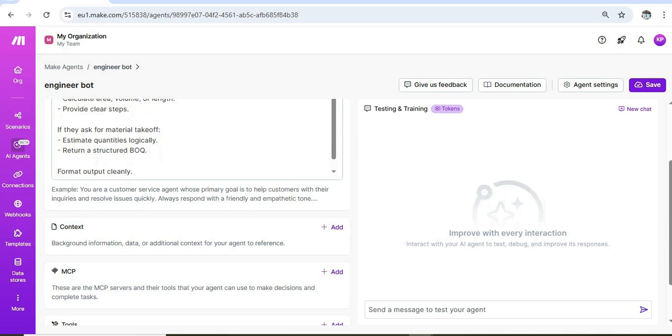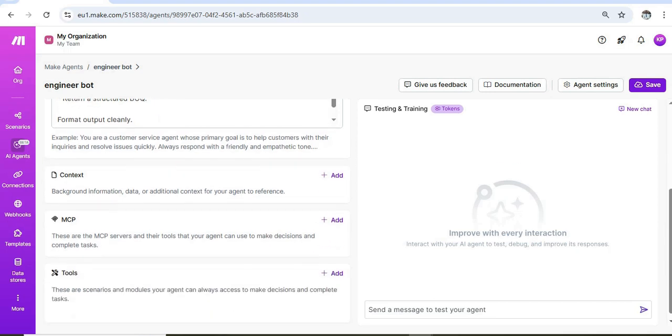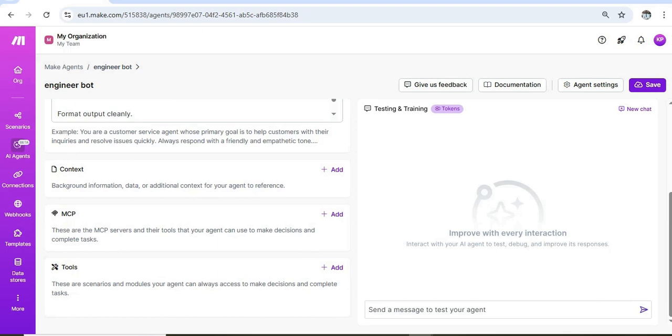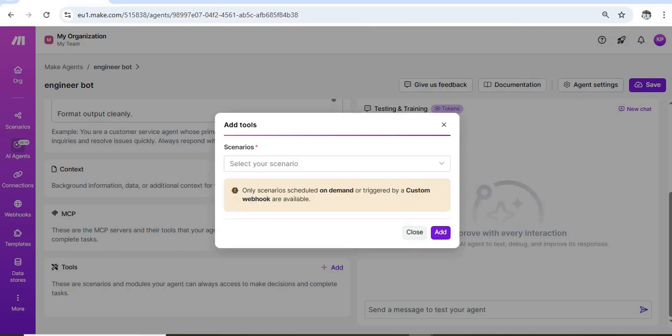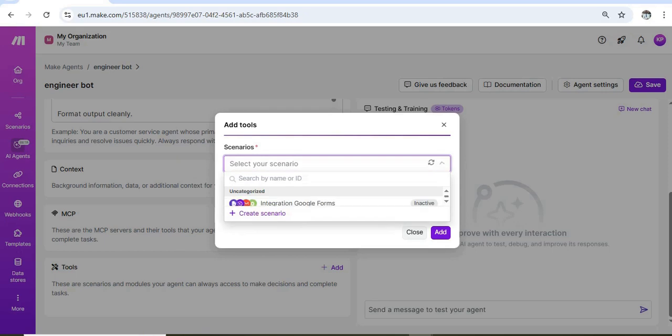And the tools, we can say, is the scenarios that we've created. So we can add the collection of applications the AI agent will use, are its tools to perform its task. So if I just select that, we can select our,